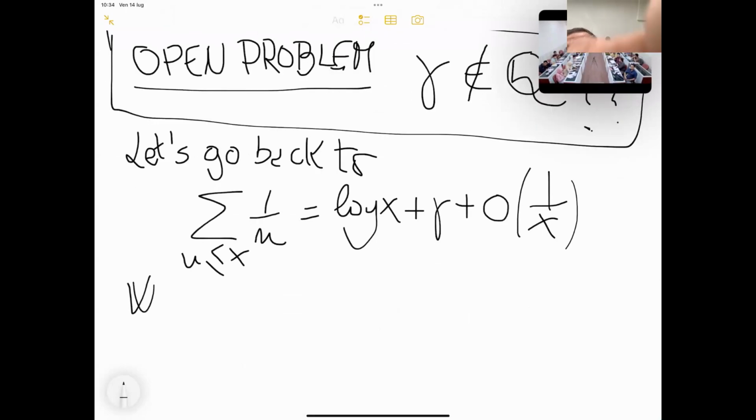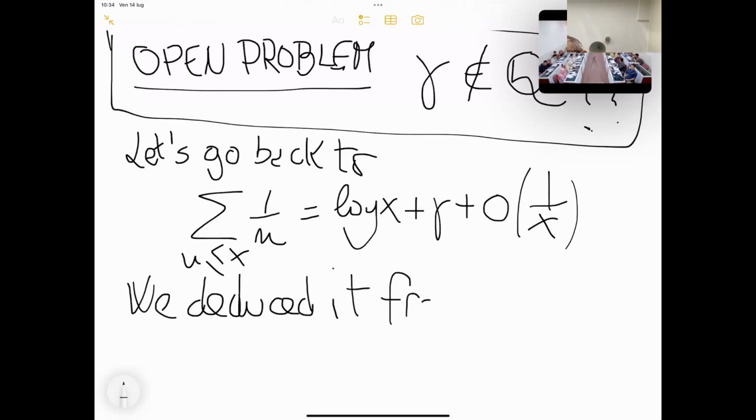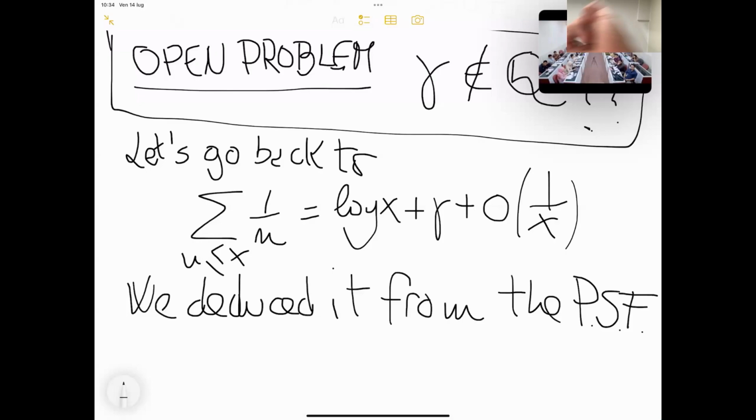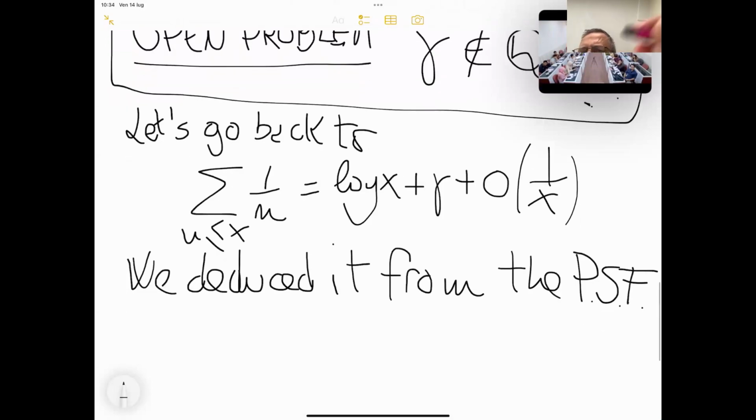We deduced it from the partial summation formula. Okay, so the partial summation formula,